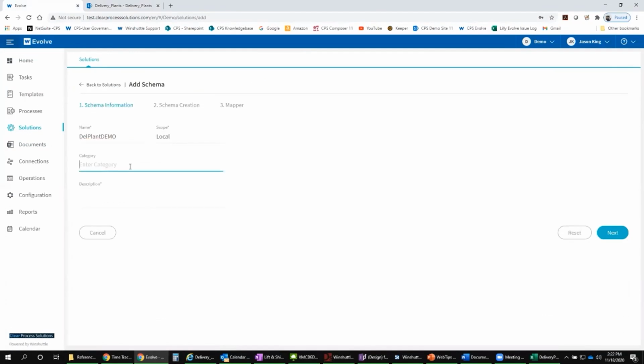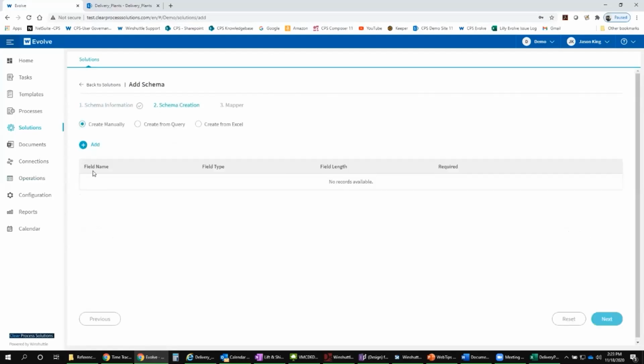Category, this you can put whatever this might apply to: customer, material, vendor. Maybe you have something else. I'm just going to call it Demo. And then the description can be whatever you want it to be. I'm just going to put the name of the list in there. Maybe you want it to be a little bit more specific and say Delivery Plant RDL for Demo. Great. Okay. So then we hit next,